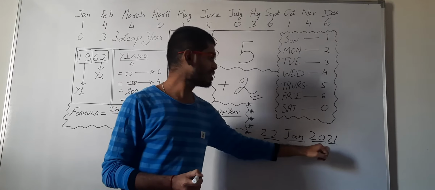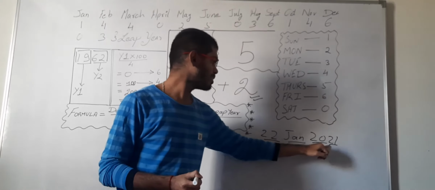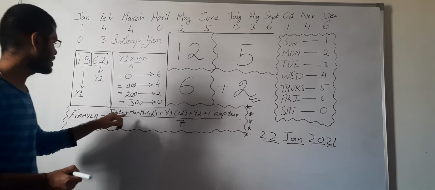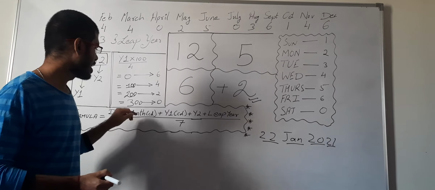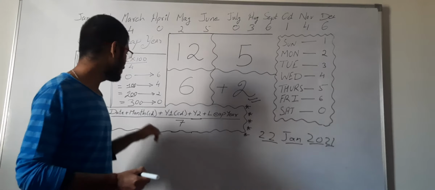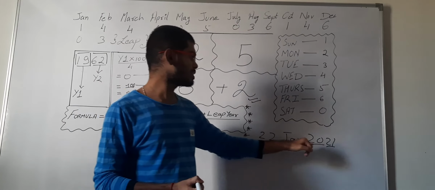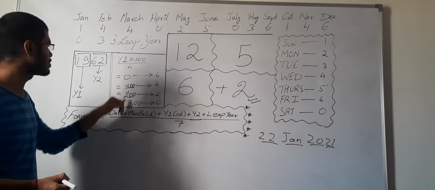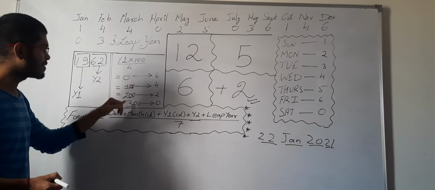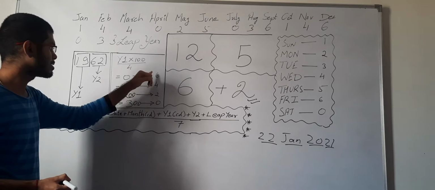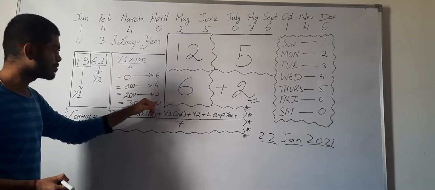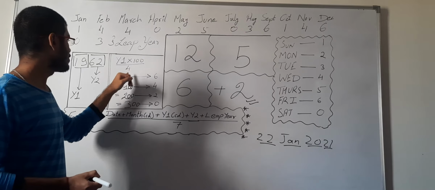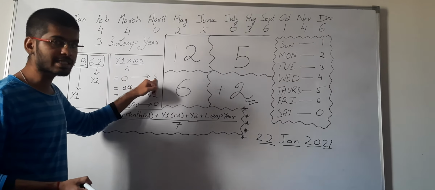We see that it is a non-leap year first of all, and after looking at non-leap year we look at the month code, that is January. January has a code of 1, so we put this 1 here. After putting this 1 here, we have year 1 code, that is 20. How do we find this code? What we do is 20 into 100 by 4 to get the remainder, and then after getting the remainder we get the code for that particular remainder. Now 20, when we multiply it by 100 and divide it by 4, we get a remainder of 0. So the code will be 6.